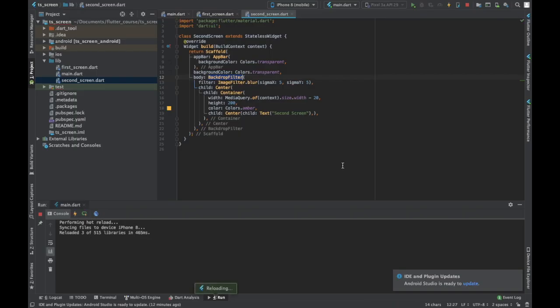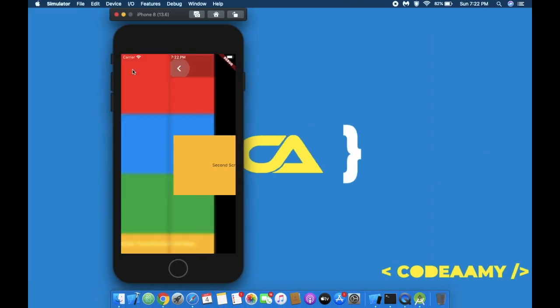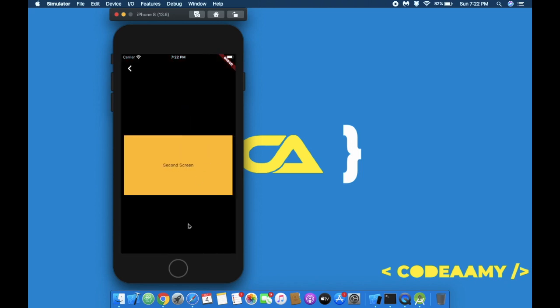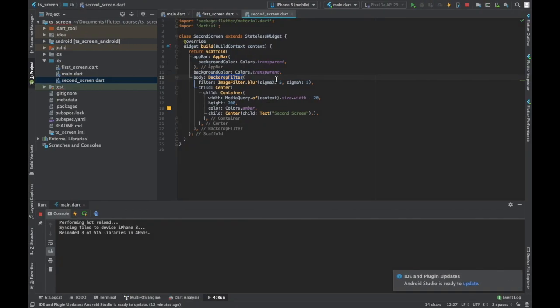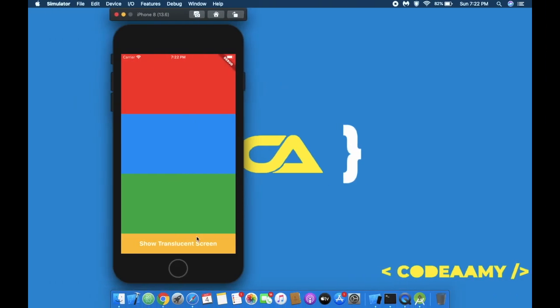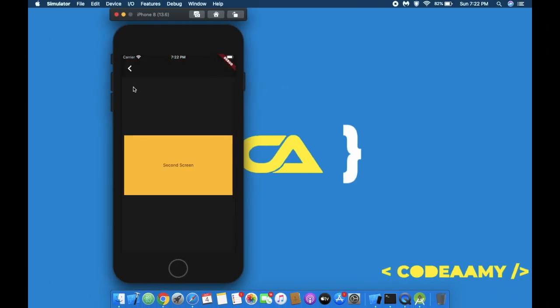I tried to create it and still in vain. You can see we are having that blur effect, but everything is going black. I also used a gray with opacity 0.1, and I still was not able to see what is behind.